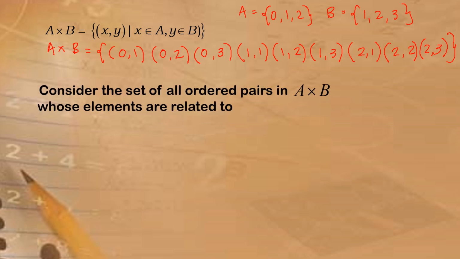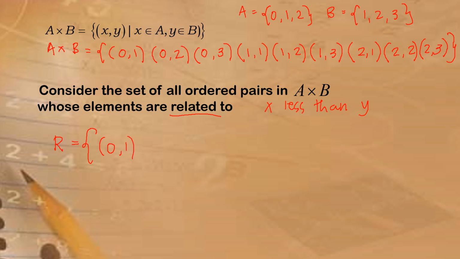Consider the set of all ordered pairs in A cross B whose elements are related. We had this in the previous slide: X should be less than Y to consider that they are related. So we will symbolize it as R, a relation of A cross B. So we have, again, it should be equal to the set of